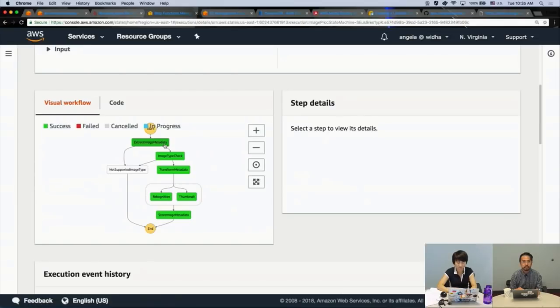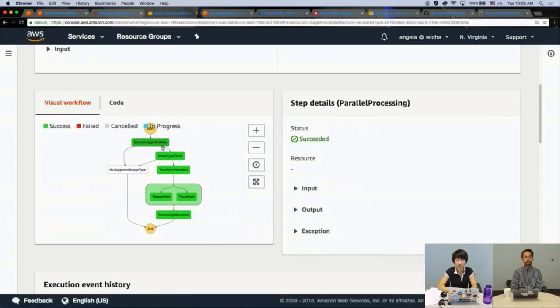Another cool thing about this visualization is when you have branching logic, so for some cases, maybe depending on the input, you might take a different execution path. This visualization can help you see which execution path it took. If there's an error, that state will be marked as the failed state, and you can see it's marked as red. And if you click on the individual state,